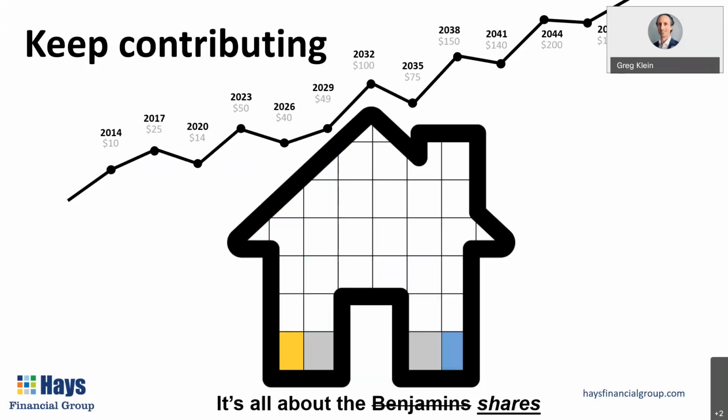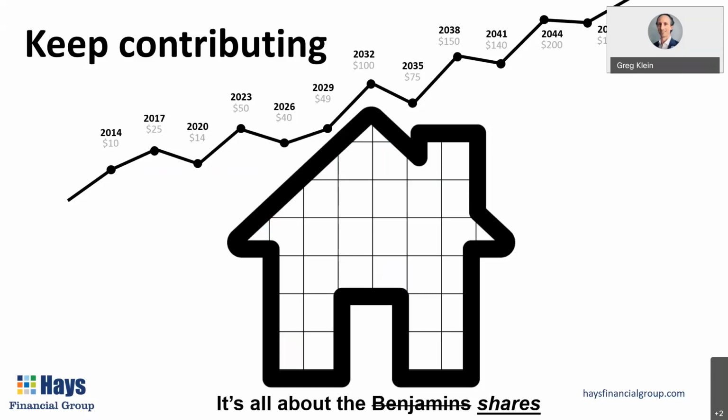So people fixate so much on, what is my account worth today? And that truly isn't what we need to be focused on, because you didn't buy all of your retirement all at once. You're not going to sell it all at once. It's about acquiring it little by little over time, and then you're going to sell it off little by little over time. So remember, as long as you keep the contributions going into your account, you're always going to be acquiring shares. That's like acquiring that square footage in building your retirement home.